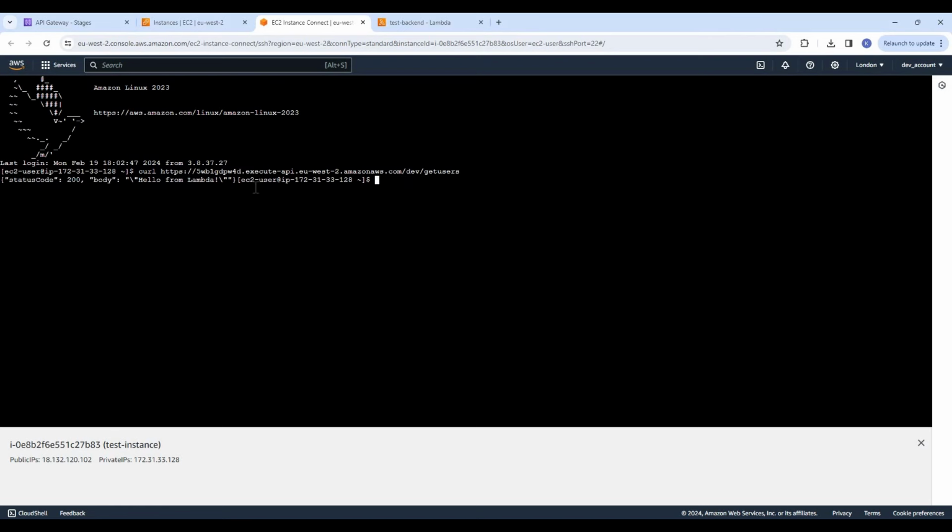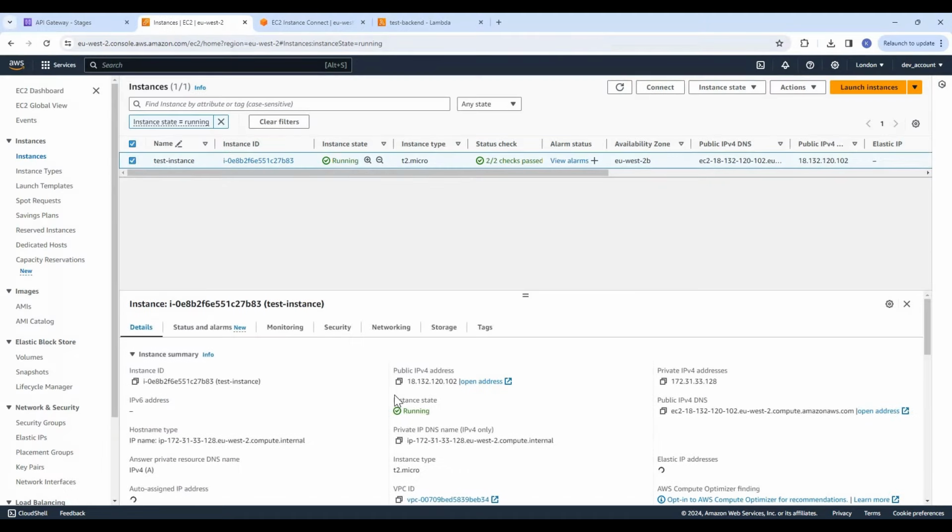So we are able to invoke our API from this EC2 instance. We got the message hello from Lambda. As this API is a public API, so we are able to invoke this API from our EC2 instance. So now we want to restrict the invocation of this API from the IP address of this EC2 instance. So let me get the IP address,